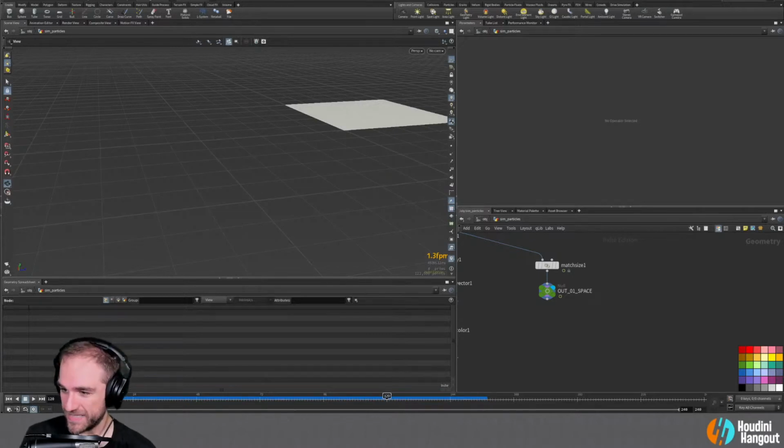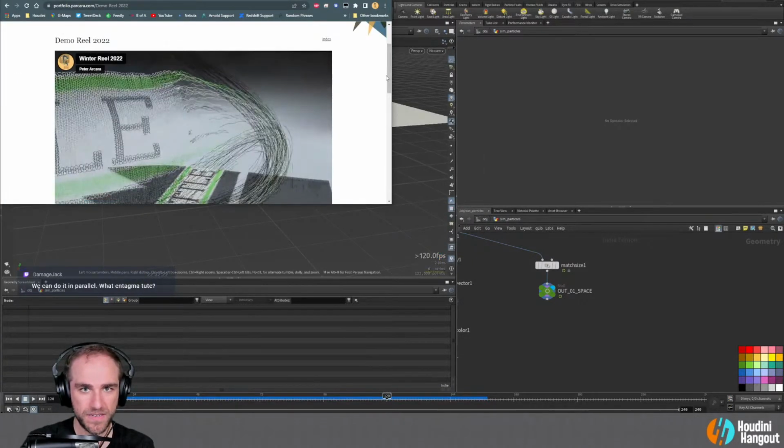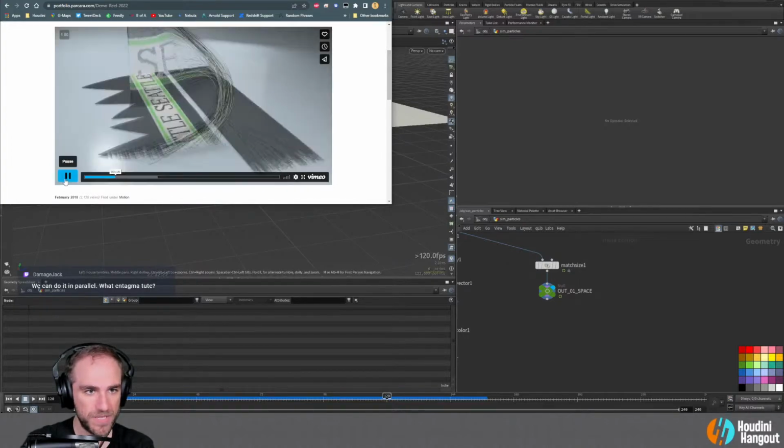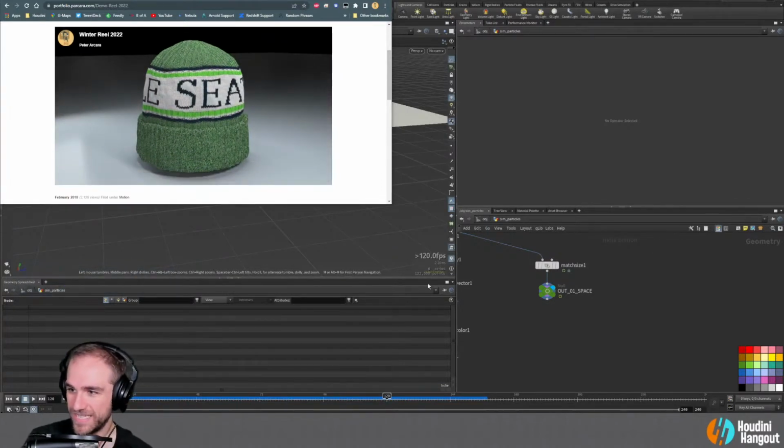But what you can do is something kind of like this. Let me see if I can pull up something that's an example of that. This is just from a project that I had done a while ago. But this whole hat is made with that process basically. The entanglement tutorial that it was from